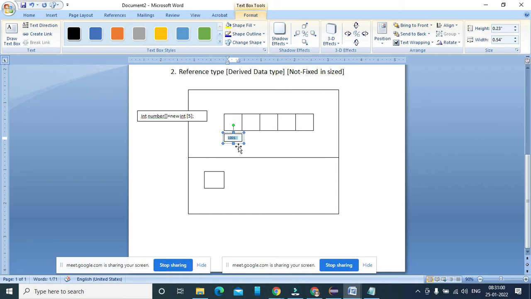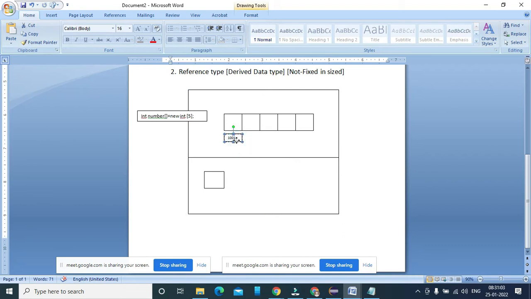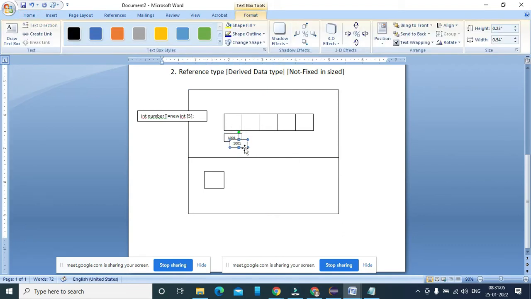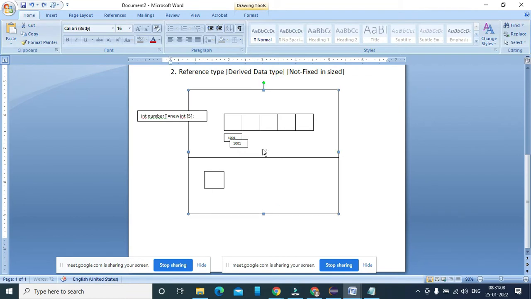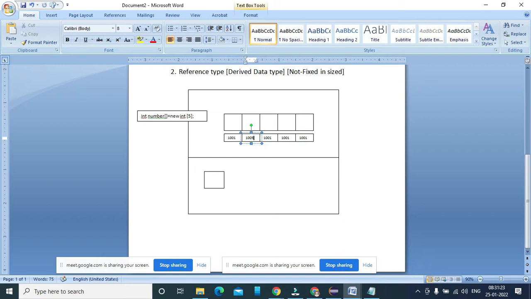The next variable address differs by 4 bytes, since each one occupies 4 bytes. So the addresses I'm showing here are 1009, 1013, and 1017.